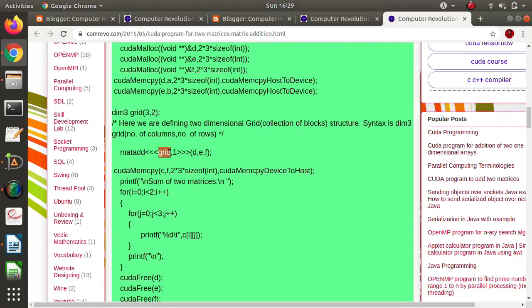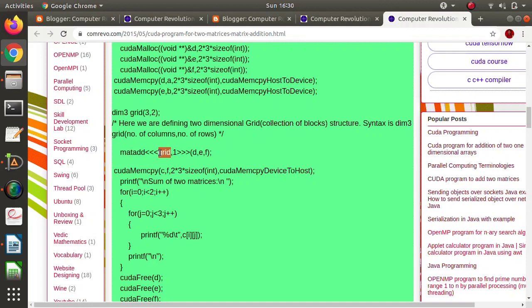In this case we have to launch two-dimensional blocks, as we have to use it for addition of two matrices. That's why we are creating two-dimensional blocks, and the collection of blocks is called a grid. So it is a two-dimensional grid structure, where the blocks are arranged in a two-dimensional structure.